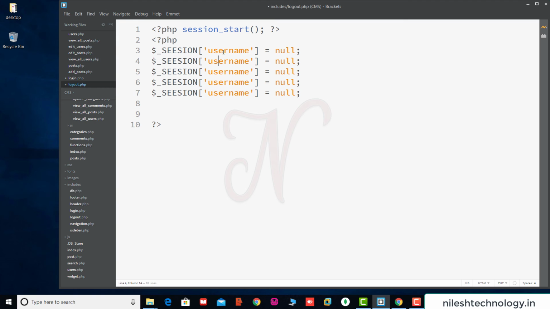Same here, first name, last name, and the user role, we set all the values to null. Okay, and you redirect to the location, the index.php file. Save these changes.